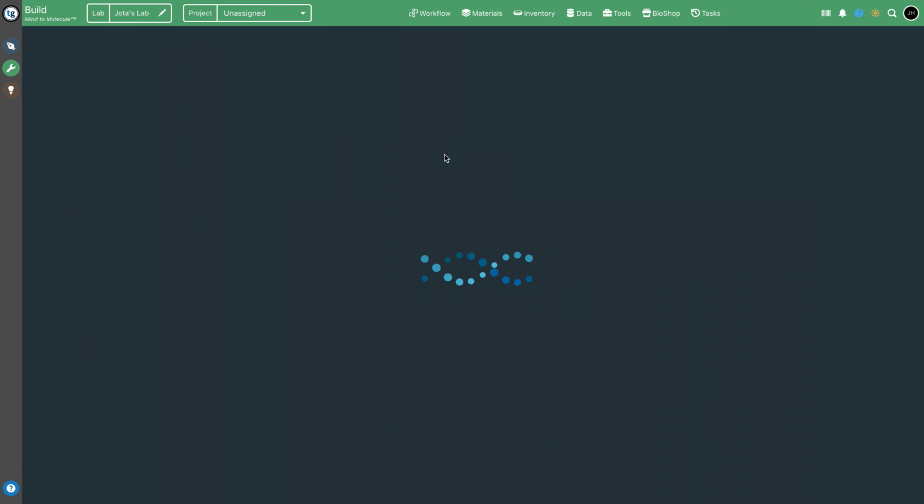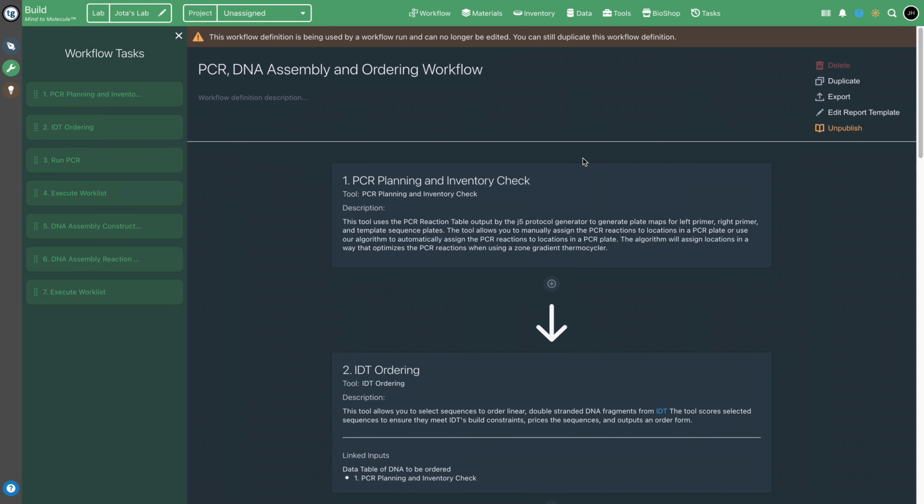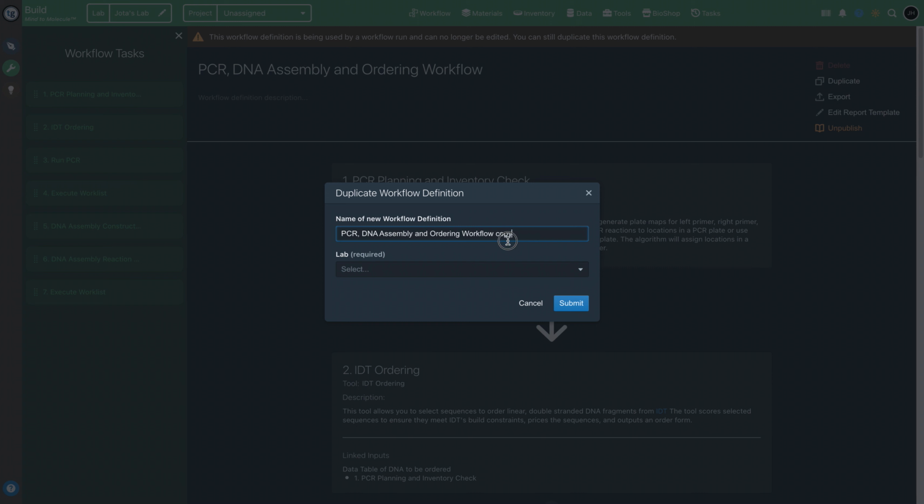In this one, I'm going to add a microbial transformation step. As you can see, we can't edit this one because it is already being used in the lab, so what we can do is duplicate this one, and I'm going to call it PCR DNA assembly ordering and transformation workflow. I'm going to include it in my lab,